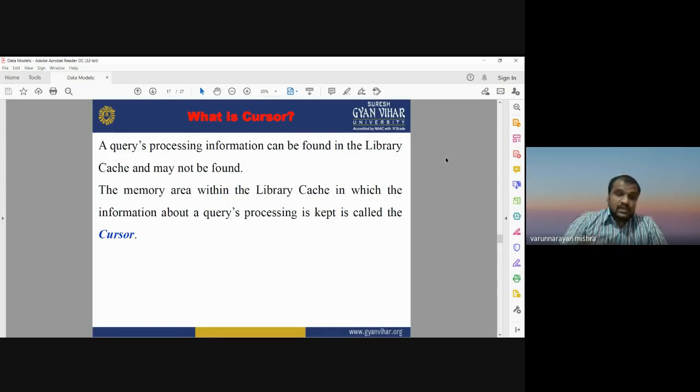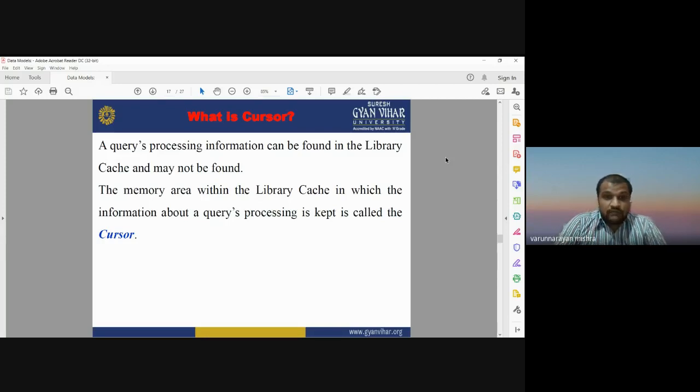When you run a query, or any retrieval of information from a database, the entire processing information will be saved in the temporary memory of your computer, known as the library cache. Sometimes it may not be found.